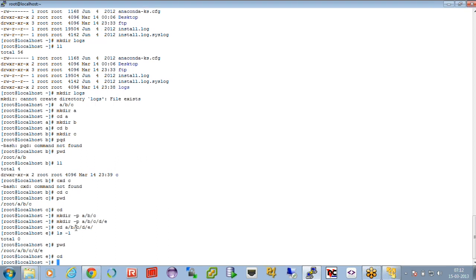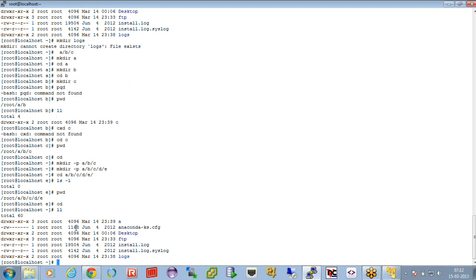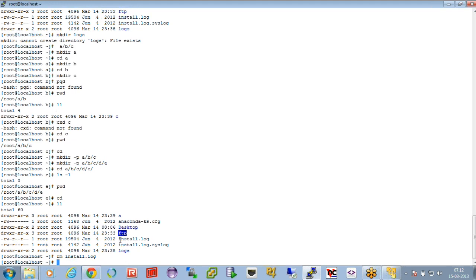I'm going back to the folder. Now I created this folder. I have the ftp folder and the logs folder. I want to delete this ftp folder. If you want to delete a file, like install log, you can directly delete it with rm. But if you want to delete